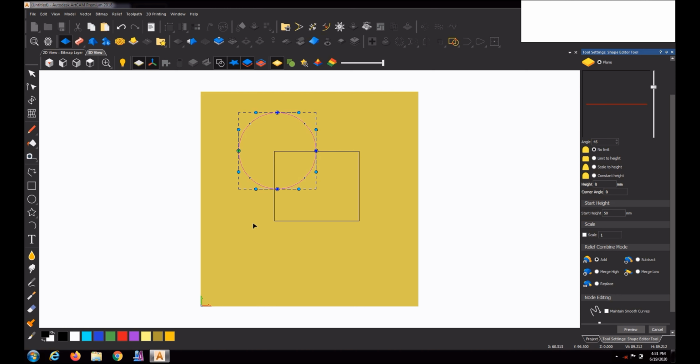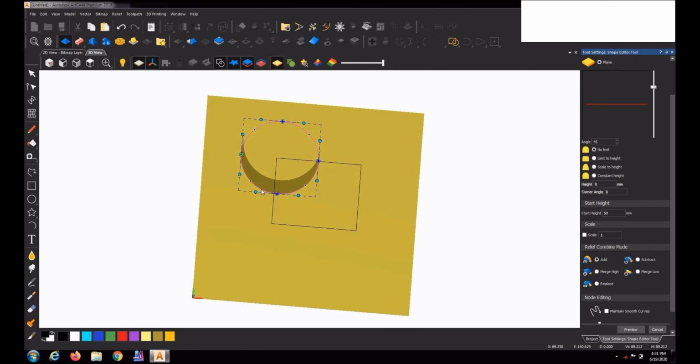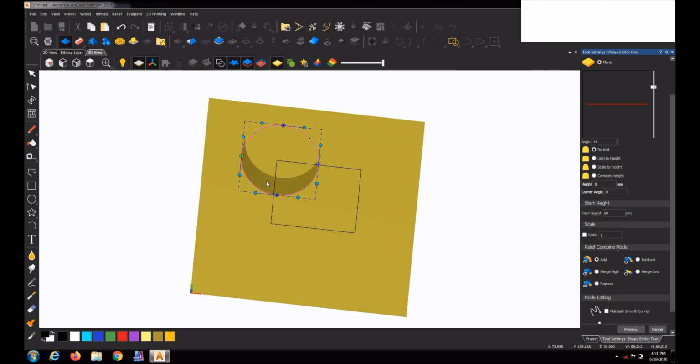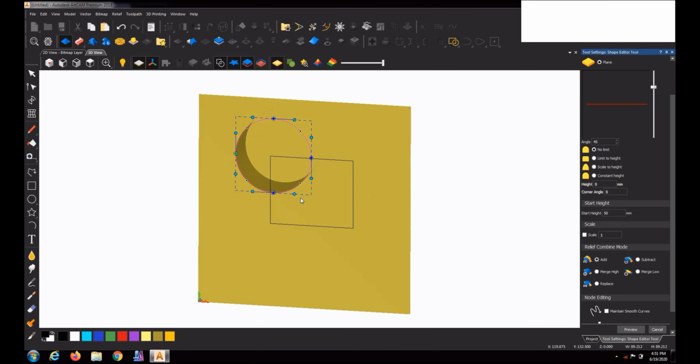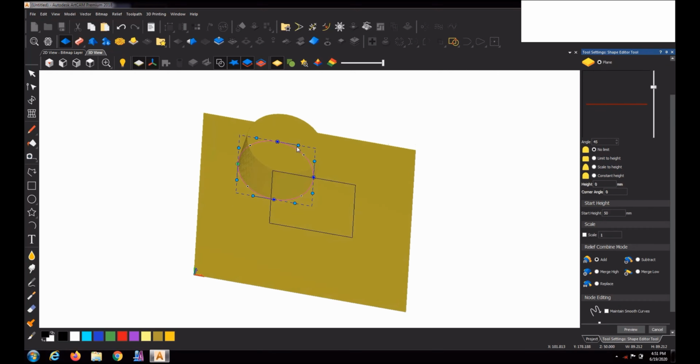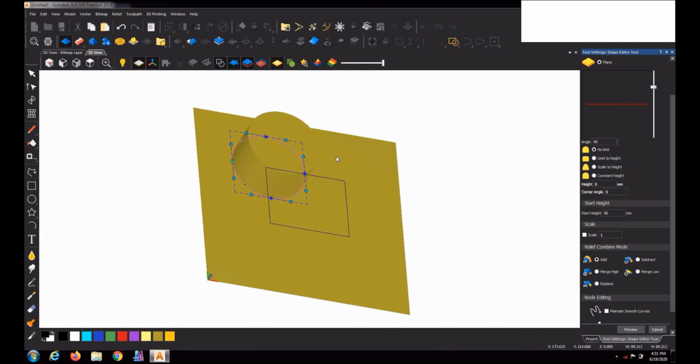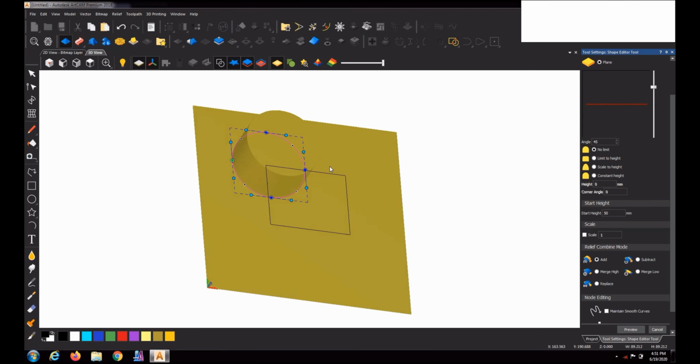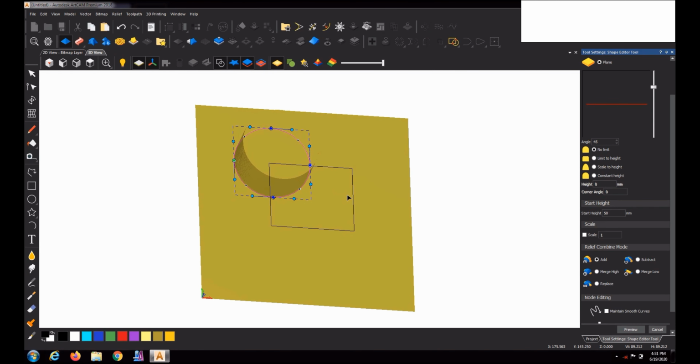For that, press the center mouse button, the roller, keep it pressed and move a little bit up, down, left, right. Keep on pressing and then move the mouse. This way we can see the 3D from different angles. After that you can leave it. Like this we can create 3D. This is a flat 3D, just a projection. So this is a simple way of making a 3D.